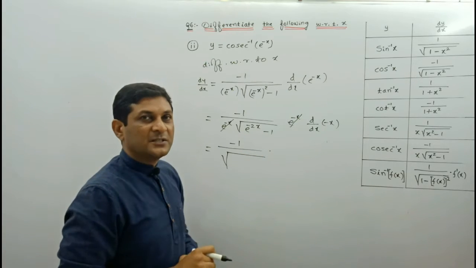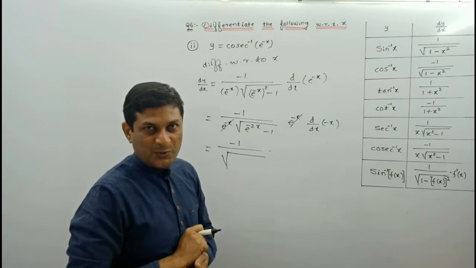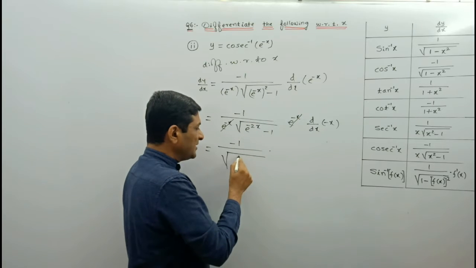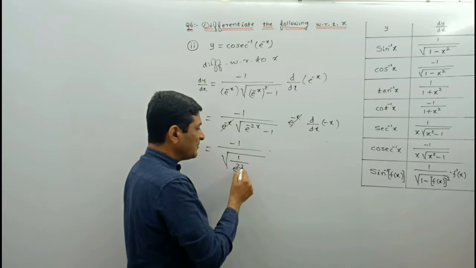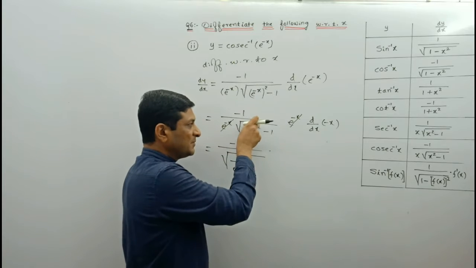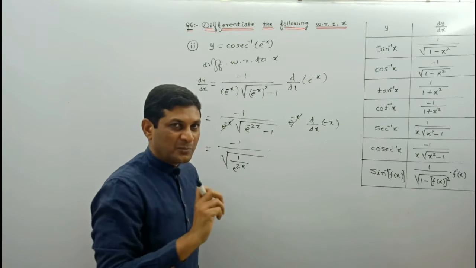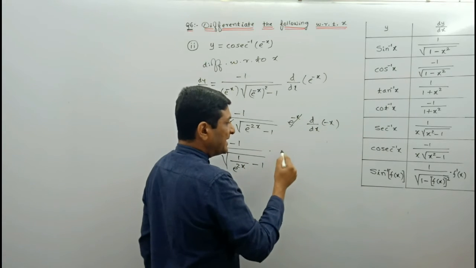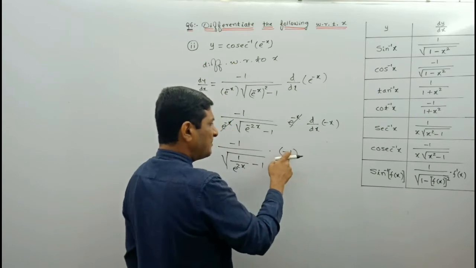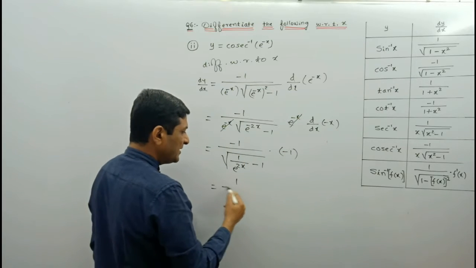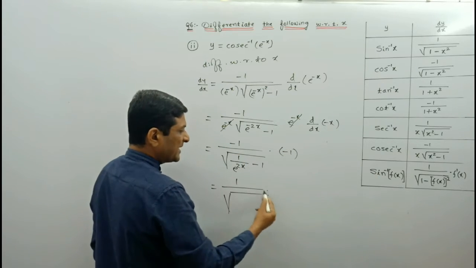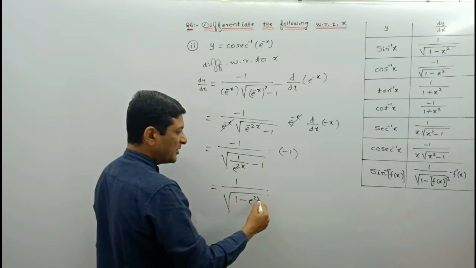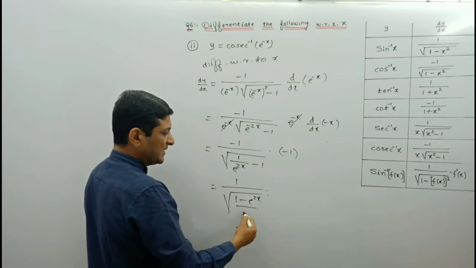into positive, we are simply using laws of exponent or laws of indices. So a raised to power minus m can be written as 1 upon a raised to power m. What is m here? 2x. So if we simply shift this term into the denominator, negative power will become positive. Minus 1, keep it as it is. Derivative of minus x will be equal to minus 1. Minus into minus will become plus 1, and here if we take cross multiplication, let us see what we'll get. 1 minus e raised to power 2x, e raised to power 2x divided by e raised to power 2x.